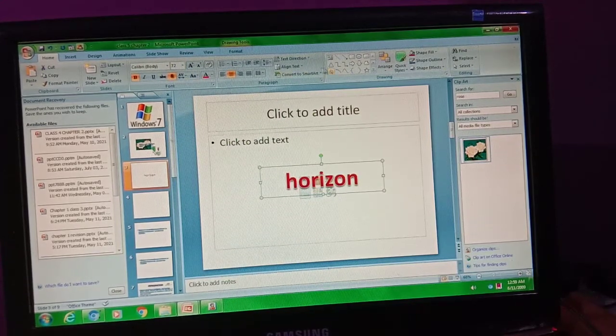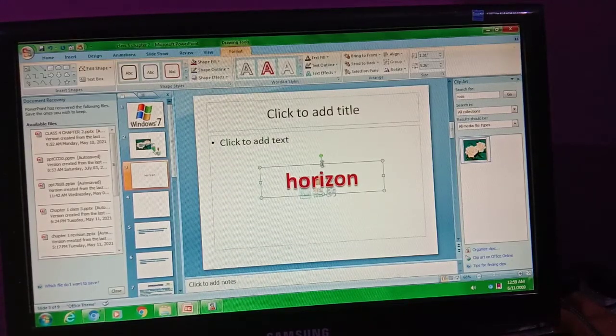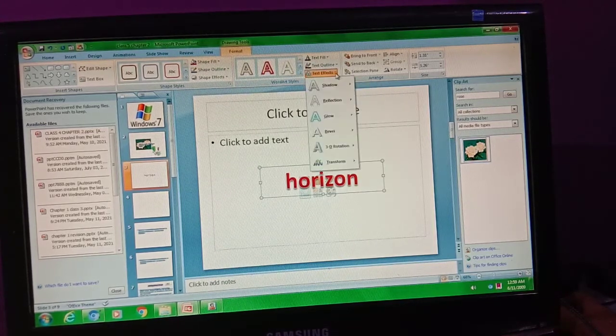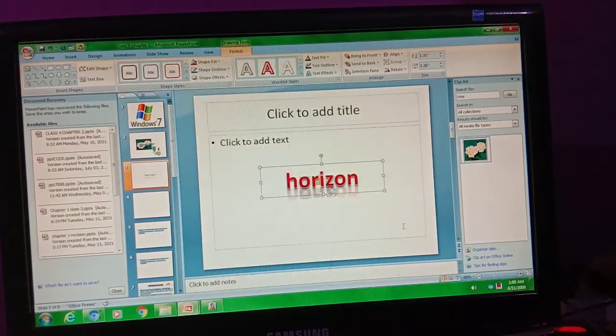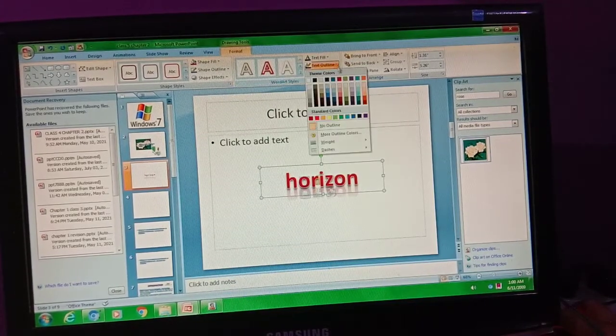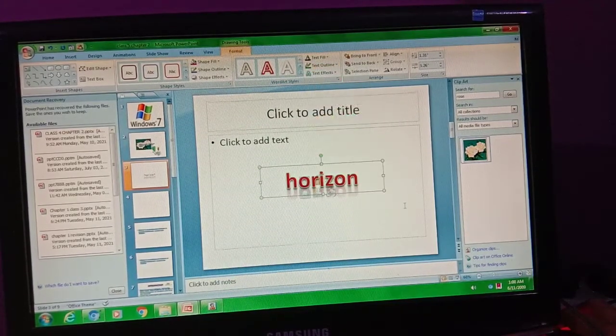Okay, and then just click on the boundary of this text, and this format menu will again come. And here you can also have the text effect. You can change the text effect. For example, if you want a shadow, then shadow will also come. You can also change the outlining of the text. See, outlining is changed.